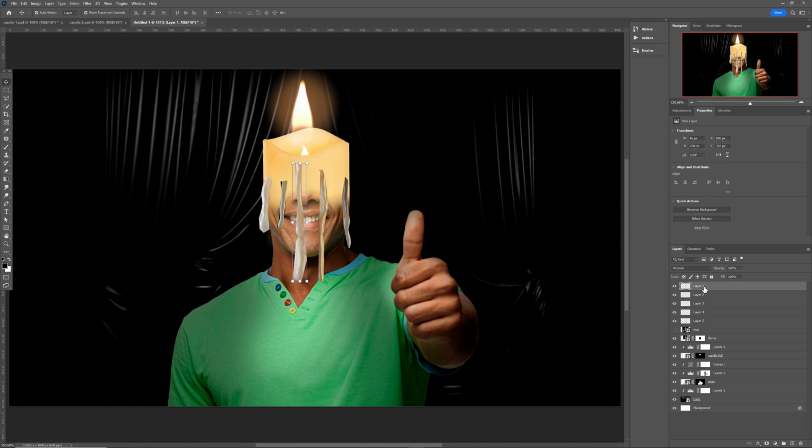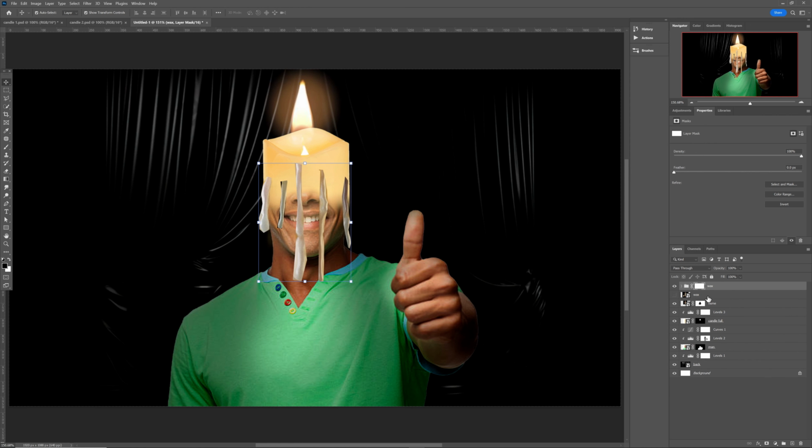Now I want to hold down the shift and select all the dripping wax layer. I want to go ahead and hit on Ctrl+G to group everything. I can still go ahead and name it wax. And what I can possibly do is to go ahead and hit on layer mask. I want to create a layer mask for this group that I just created, and I want to go ahead